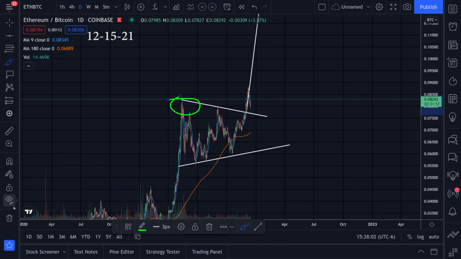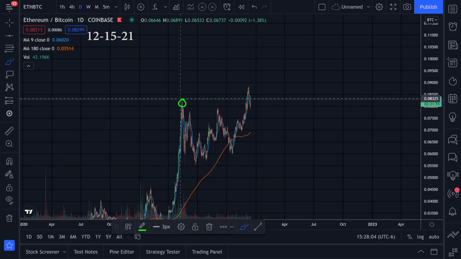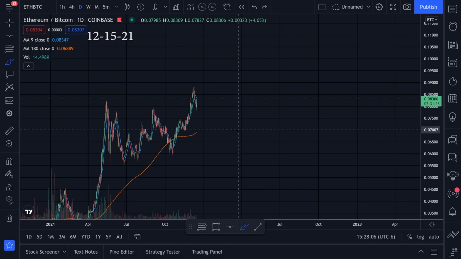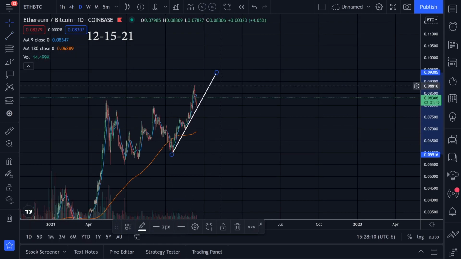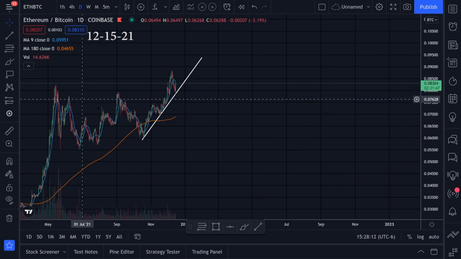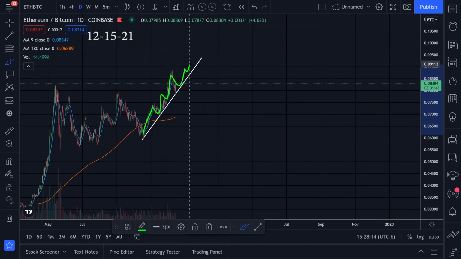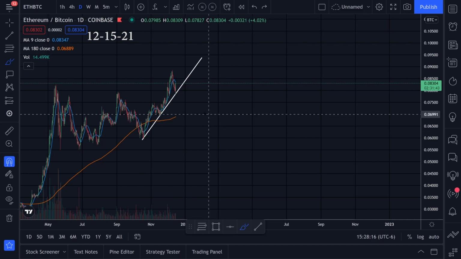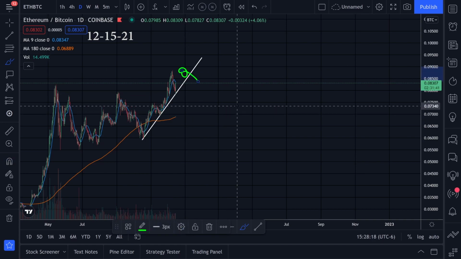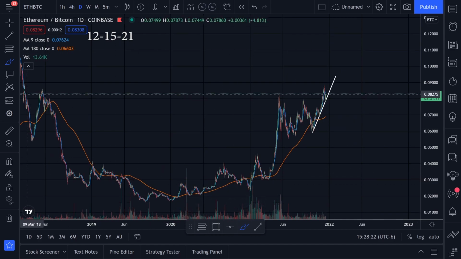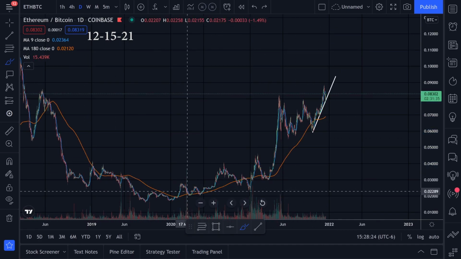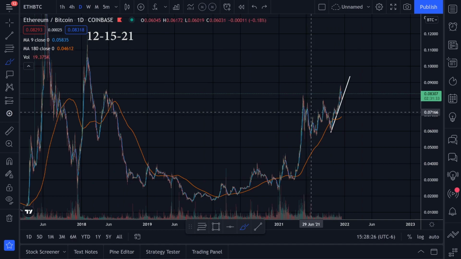It looks like we are sitting above this top over here as well. Let's go ahead and delete this. It does look like we are above this little top right here. I'm kind of curious. That's why I've been watching this little trend line right here. So far, we are still holding support on this trend line going to the upside. If we break this trend line going to the downside, then I'll start looking at Bitcoin a little more than Ethereum.